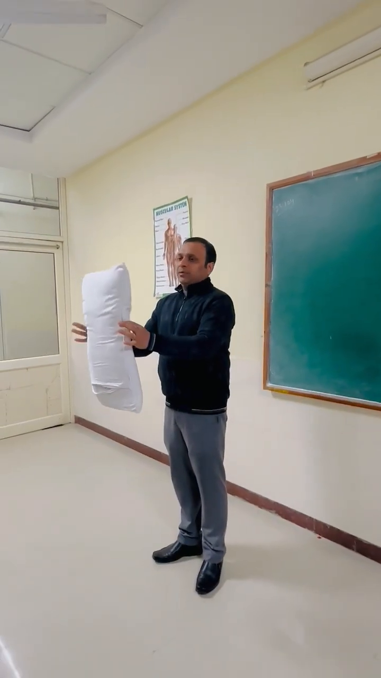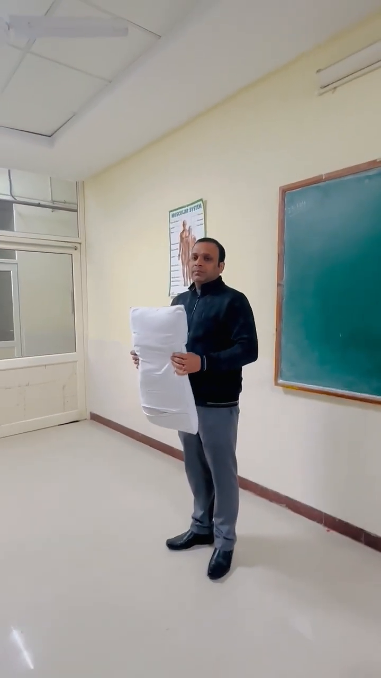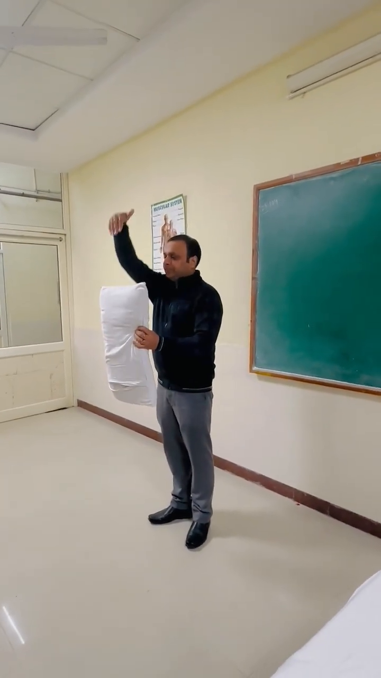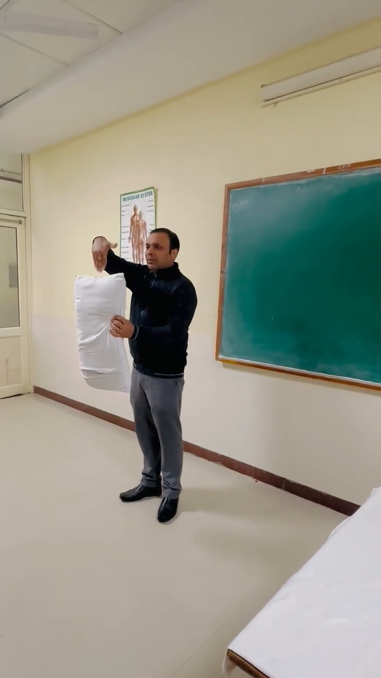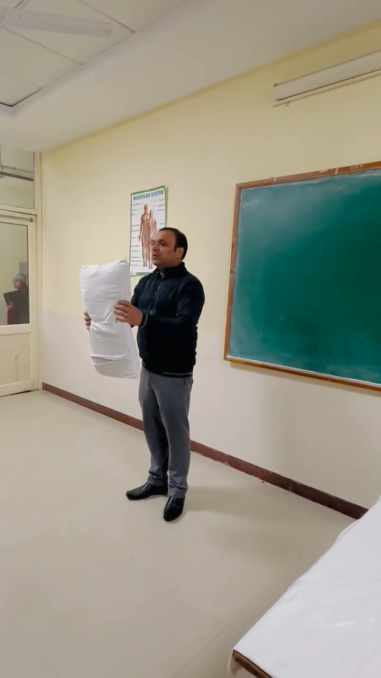Assume this pillow to be a sacrum. Assume it is a sacrum, and let's discuss axis and non-axis dysfunction. So let's talk about the axis of the sacrum first. This axis is the longitudinal axis, and the dysfunction which occurs around this axis is the sacral